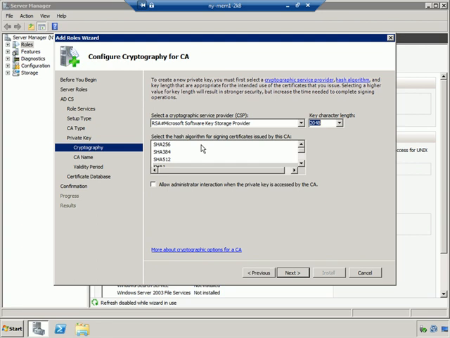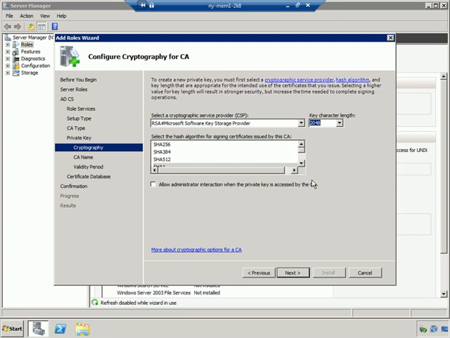And down here you select a hashing algorithm, which is a one-way, non-reversible encryption that is going to be used for the actual signing with this key. Now again, I don't want you to worry about any of this. Just take the defaults for now. As you can see, there is obviously more to know before you will be a true certificate administrator. Okay, but for right now, I just want you to understand the general idea on how to get this thing